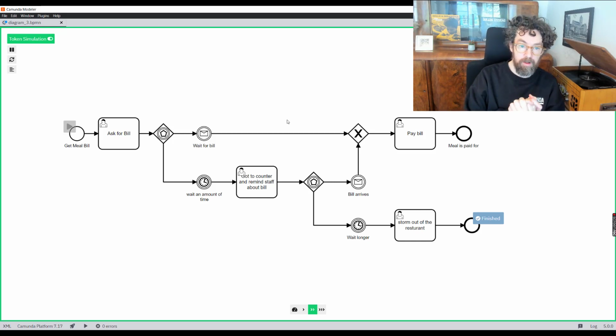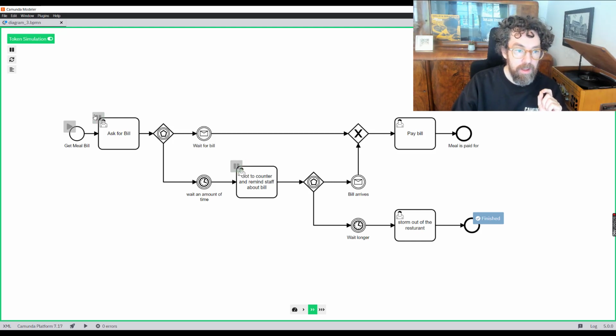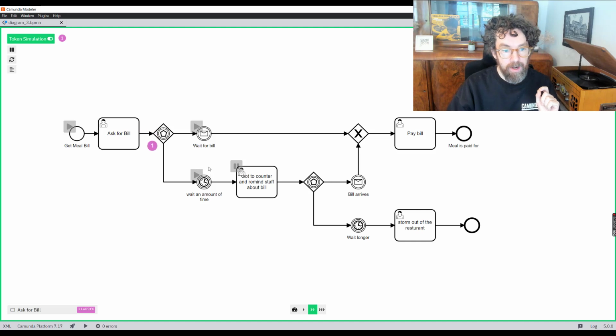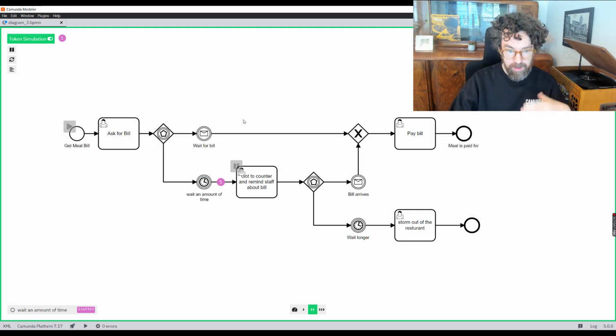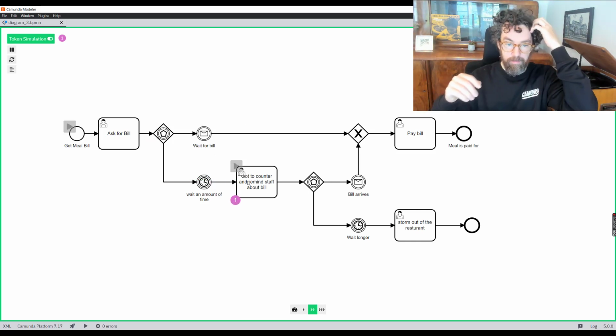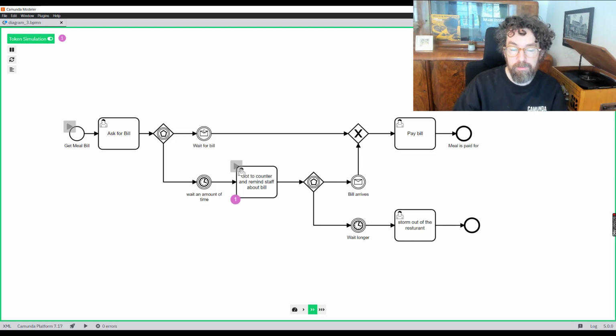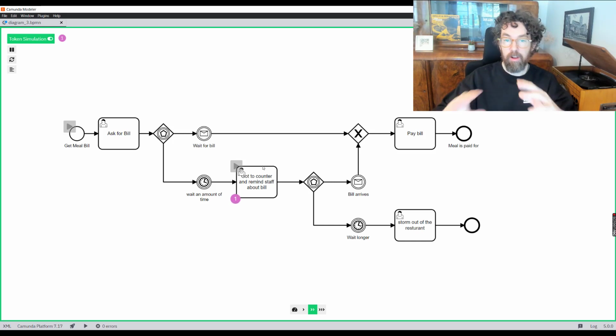There are some problems with this model. The first one is maybe not very clear, but it's to do with how the BPMN standard works. So if I play that model again, and I arrive here, at this point in BPMN we are waiting for a message to come in, and we're also waiting for a timer. The problem is that if I go up to the counter and ask for the bill, I'm no longer waiting for the message to arrive. It's actually one of those weird things about BPMN messages, which is as long as the process is no longer waiting for it, the bill will fail. So they'll arrive at the table, no one's going to be there, and they'll leave again. That's because we're not ready to receive the message.